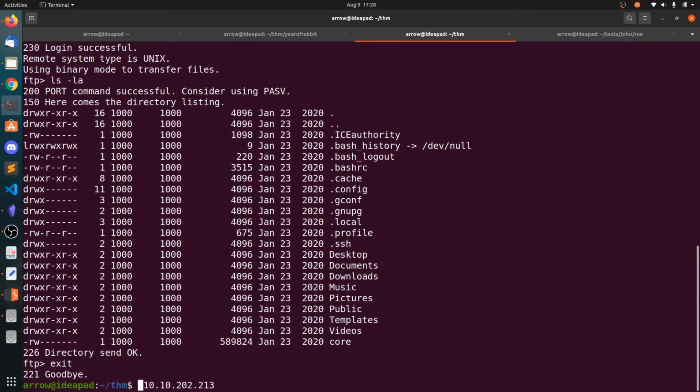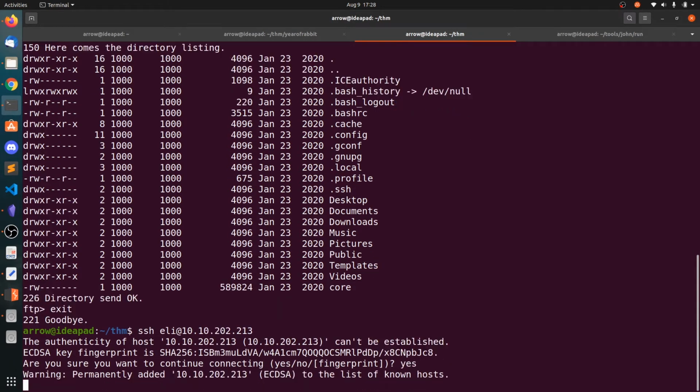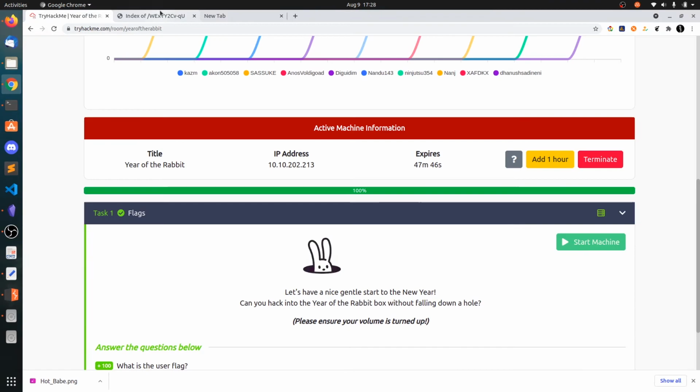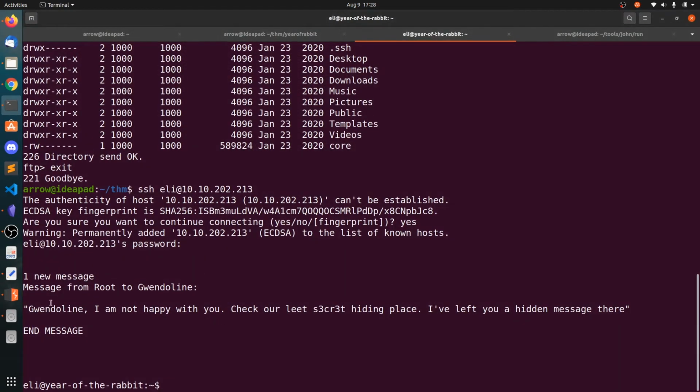I always forget the IP address. Paste the password, and you can see we got the initial foothold, and it says one new message from root to Gwendoline. Maybe Gwendoline is another user.